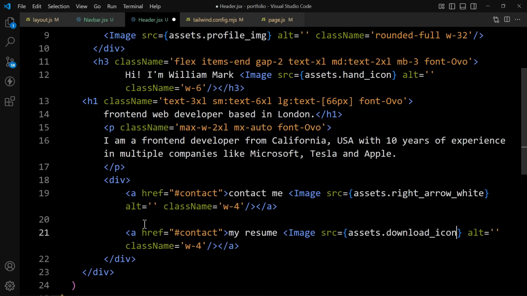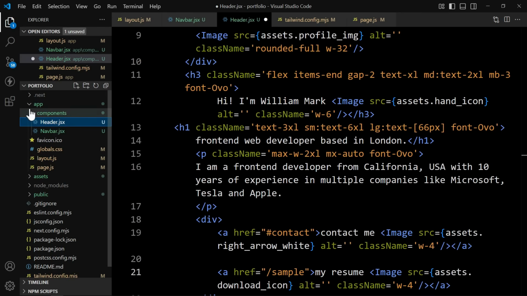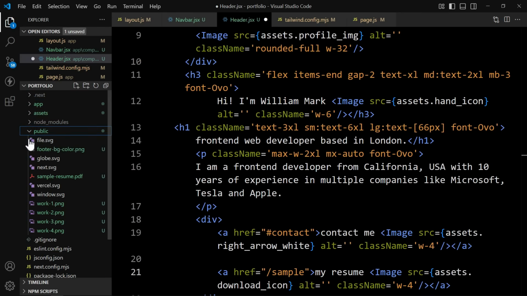Now in this a tag we have to add the href property, and in this href we will provide / and we will add the file name, that is here. If I open this sidebar, and we will open this public folder, so you can see we have added this sample resume.pdf. So we have to provide that file name here,